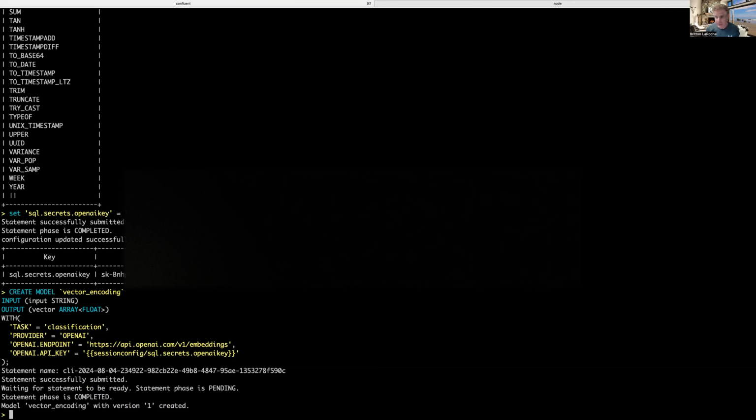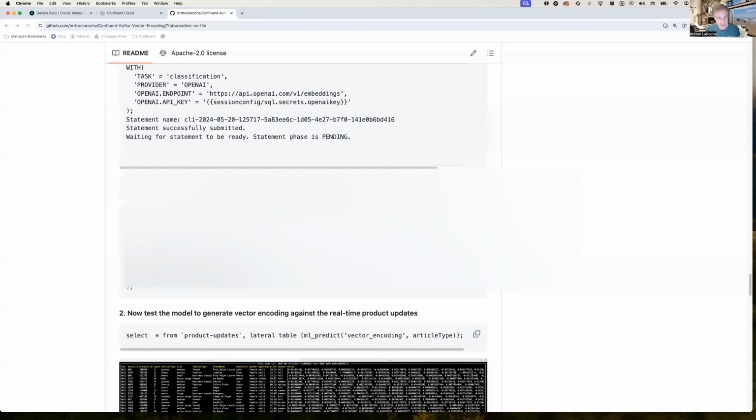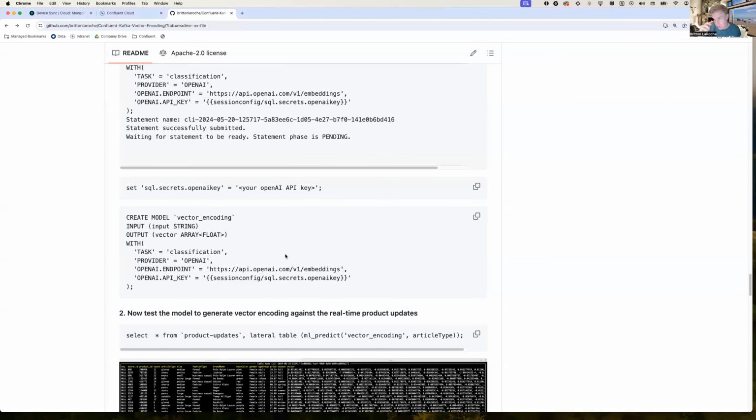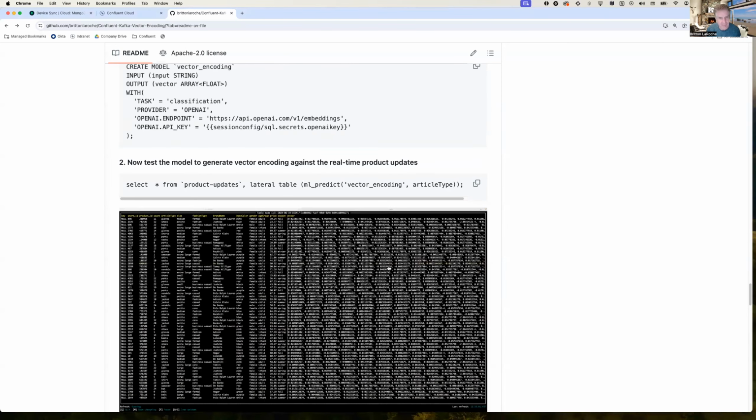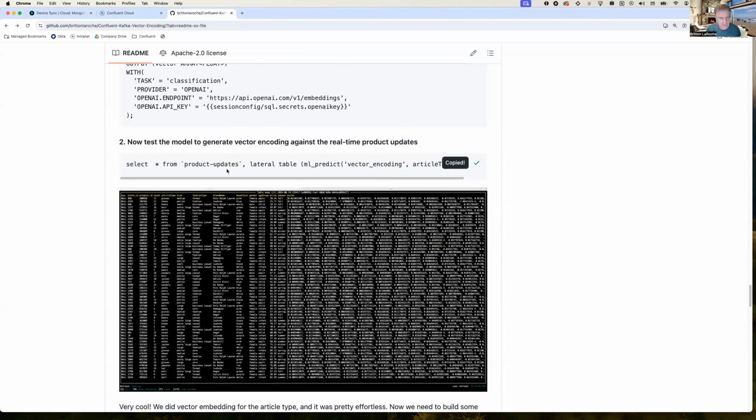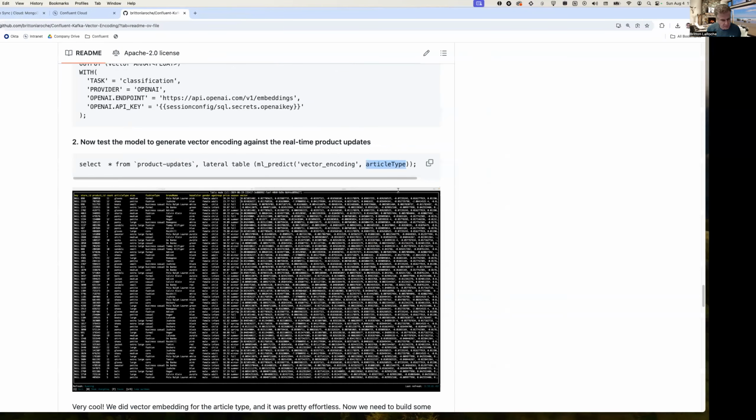It's good. So now I can do vector encoding on my data right now, and we're actually done at this point. The rest of this tutorial is showing you how to enhance this and sync it to the database. We're actually really done with the main point of this tutorial. We're actually going to go and select star from products updates. And I'm going to do a lateral table, ML predict, and pass in my vector encoding function I just created, and the content that I want to be vector encoded. In this case, I'm just passing in the content type, gloves, shoes, shorts, belts, things like that, only as a demo. So we go ahead and do this,